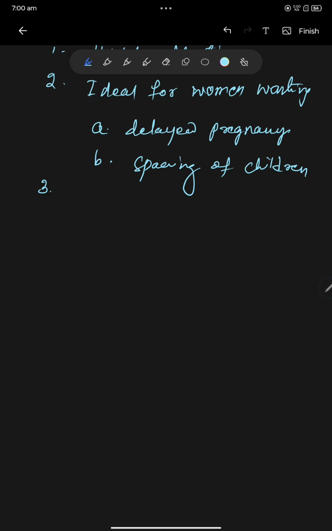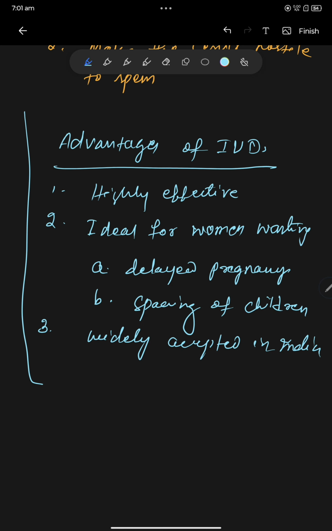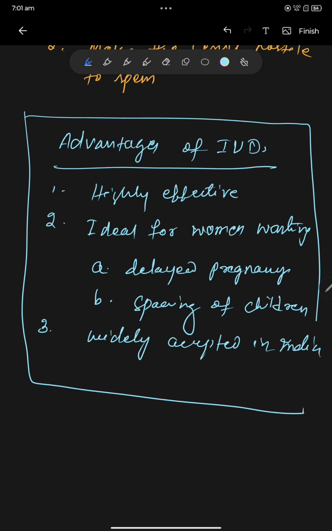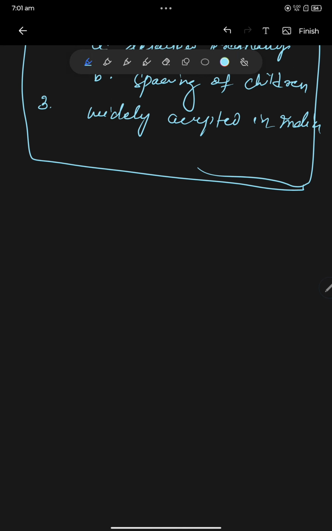This point is also very, very important. So all the 3 points are very important, and they may come as your 1-mark or 2-marks question. Okay, now the next type of contraceptive is